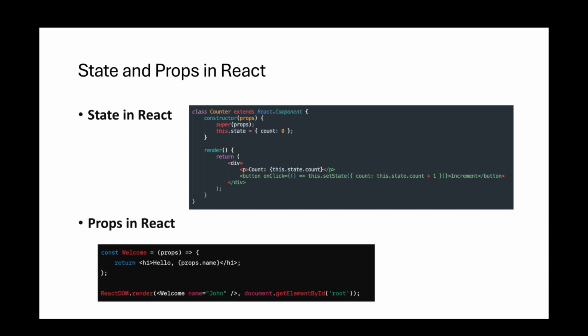Props in React. Props, short for properties, are inputs that are passed to React components from their parent components. They are immutable and are used to pass data from parent components to child components. Example: const Welcome = (props) => { return <h1>Hello, {props.name}</h1>; } ReactDOM.render(<Welcome name="John" />, document.getElementById('root'));